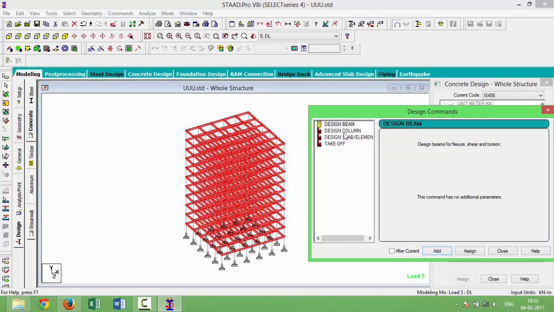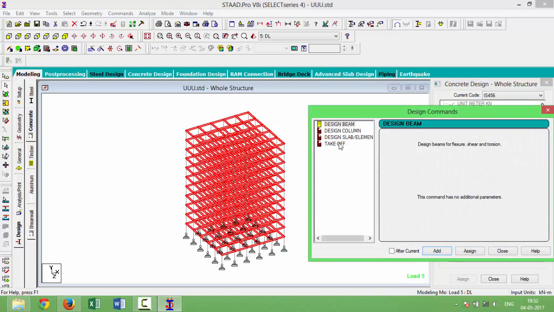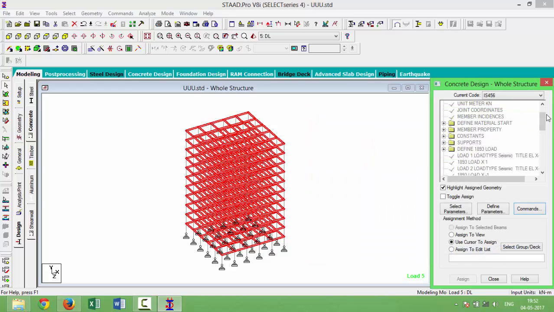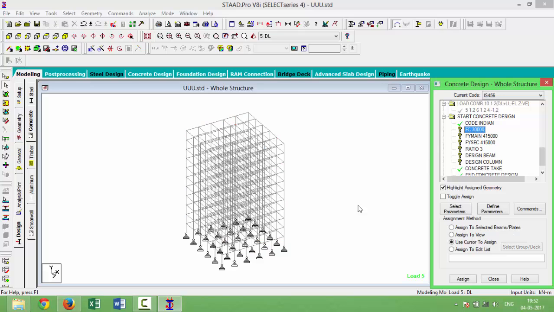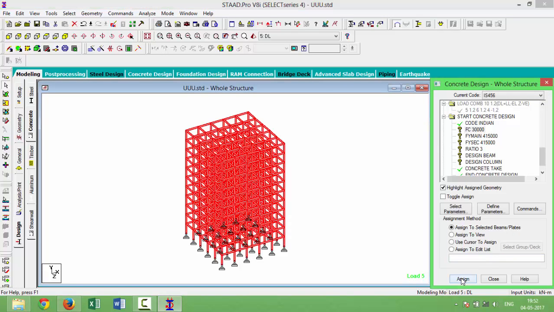And next design column, and then click add, and then close. Sorry, command, click, and then click take off, and then click add, and then close. So we have to assign this type of properties. So click compressive strength and enter all the structure, assign. So click assign, and then